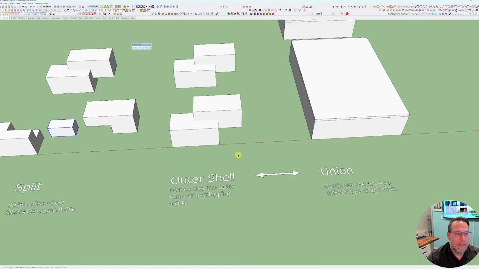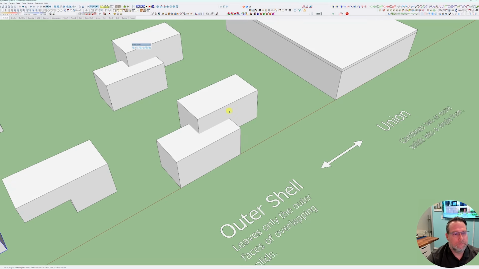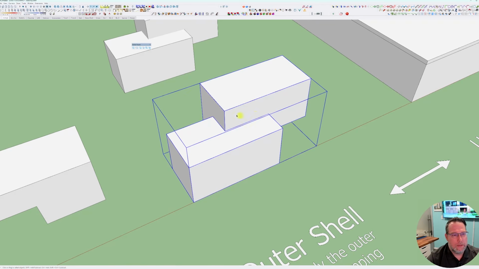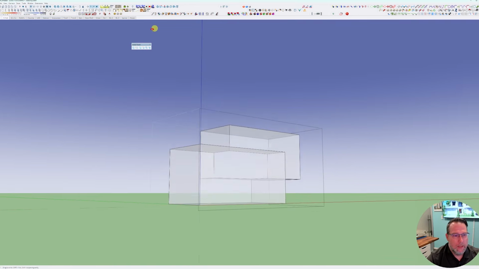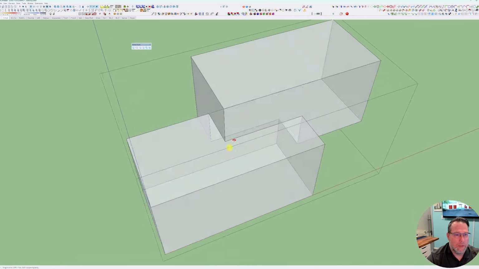And what outer shell does is, think about it like an eggshell. You're essentially creating what is the outer shell of the combined geometry that you're looking at. So using our same two cubes, if I use outer shell, which is going to be this first one here, I can combine first one with second one. And you see this is now one set of geometry. If I come in to the group and I hit X-ray, you can see this is clean combined geometry as one group